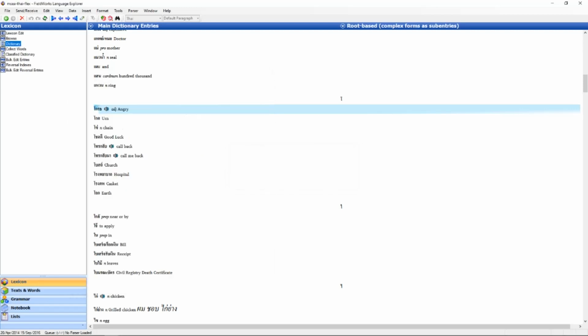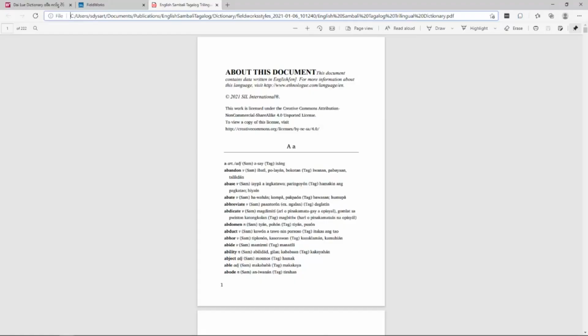Okay, so you do that, you make your dictionary, then an output option is PDF. And this is an example of a trilingual dictionary in the Philippine language Sambali, Tagalog, and English. So you can make a PDF that you can then give to a printer to print a book. That's one thing. Or you can put it on a phone, or you could do what's